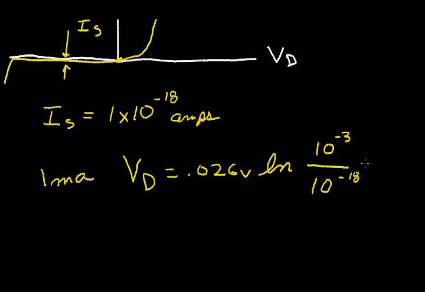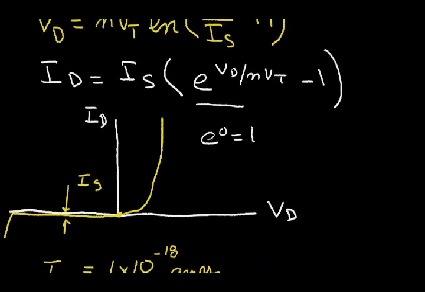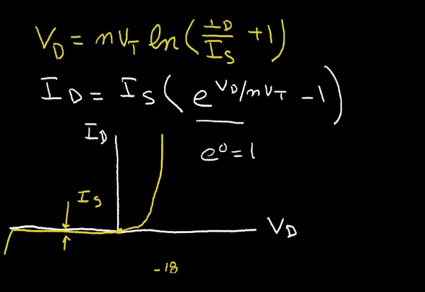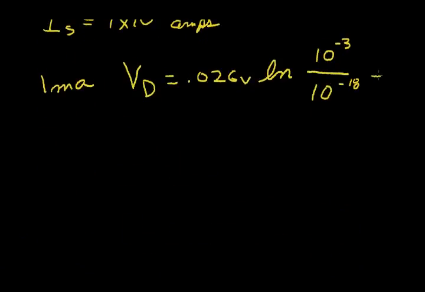And we have a plus 1 term, don't we? Yeah, we have a plus 1 term. That's pretty negligible, but let's include it here. So if we compute the value of this, we'll get a voltage of 0.898 volts. Now if we solve the same equation, instead of a milliamp, let's solve it for 10 times less current,